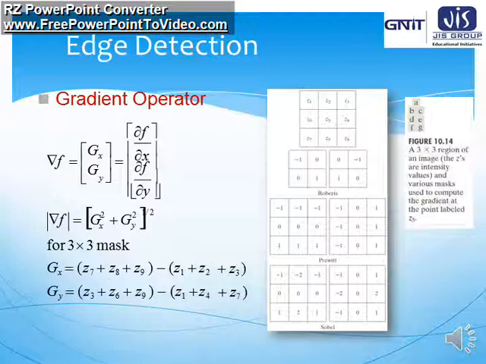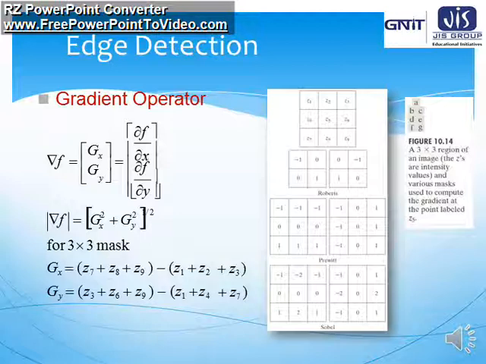So one mask is for horizontal and another mask is for vertical. For the next mask we can see it column wise, that means the first column has all -1 values, the middle column has all 0, and the extreme right column has all +1 values. Similarly for Sobel we have two masks here, one for horizontal, another for vertical. Some values are given row wise and some are given column wise. The first row is -1, -2 and -1, then the middle row is filled with 0 and the last one is 1, 2, 1.